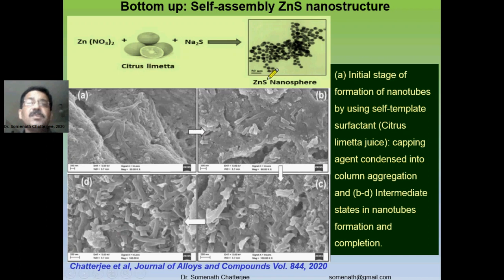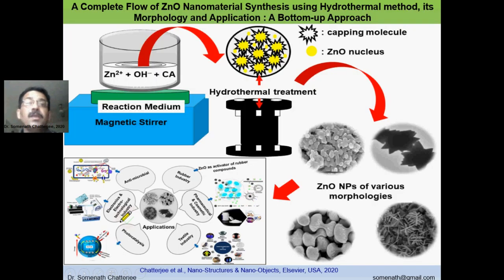Okay, so this is the TEM, transmission electron microscope image. Here also you can see the nanomaterials, and when we are seeing through AFM, then we can see lots of nanotubes. These are all the nanotubes which are forming. Now the question is, this is another one, that is a bottom up approach.